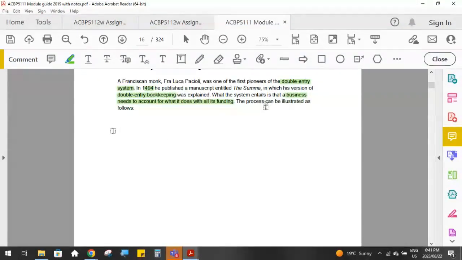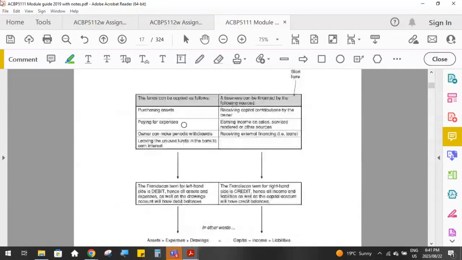So remember, this is the process of us accounting for everything that we are doing with the funding that the business has got. So the funding means what money has the business got and what are we doing with it. So on the right-hand side over here, the funding, in other words, where did the money come from that the business has got? So first of all, the owner itself